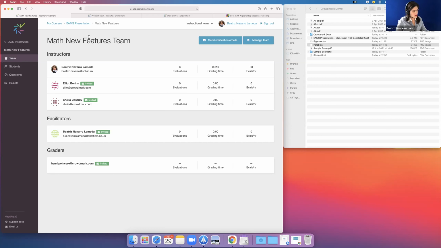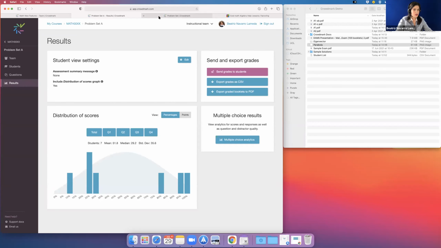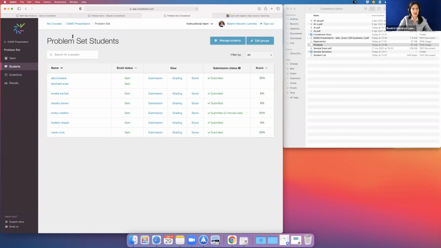Okay, so now that we have that, I want to show you, for example, let's do this one. So here is what we see in the student tab. We saw already the marking feature, but here we can see the information of whether the student submitted their work, it was submitted on time, was submitted late, and we can see a lot of information.